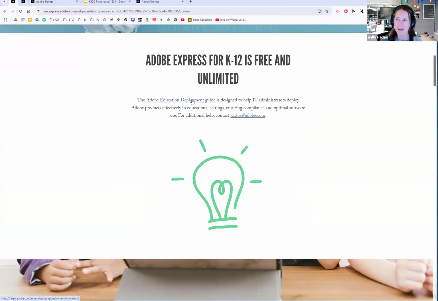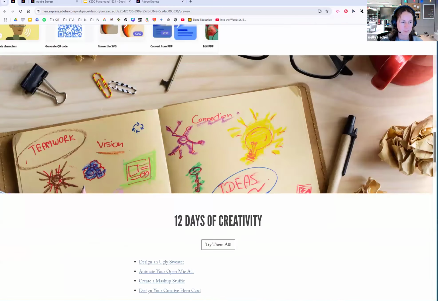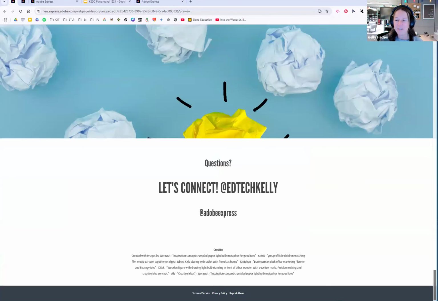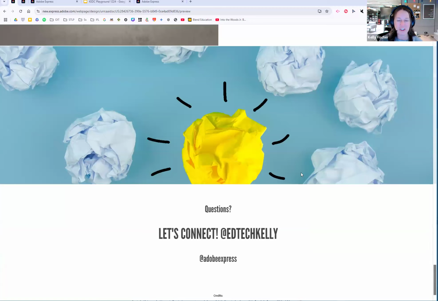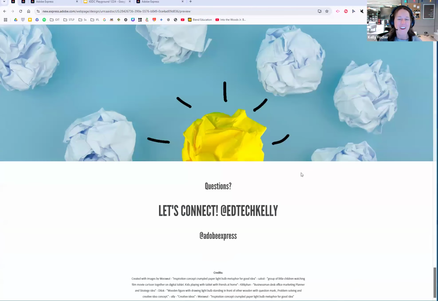Here's the deployment guide, and it walks them through step by step on how to get those licenses installed. It's so quick and easy. Our IT people even put it in the waffle for our students to make it easy. And this email address, you can email them if they have any problems, and they will call them and help them work through any. And if your students create anything or you're creating, please share them with me on Twitter